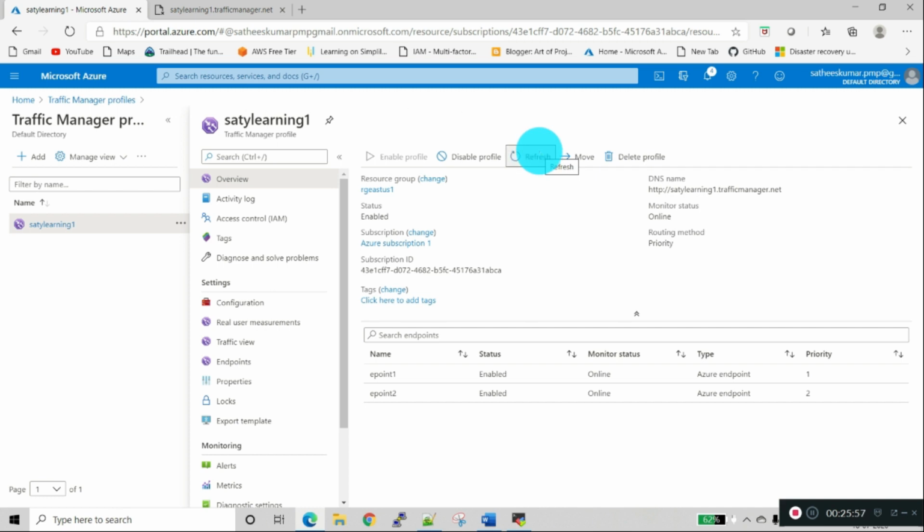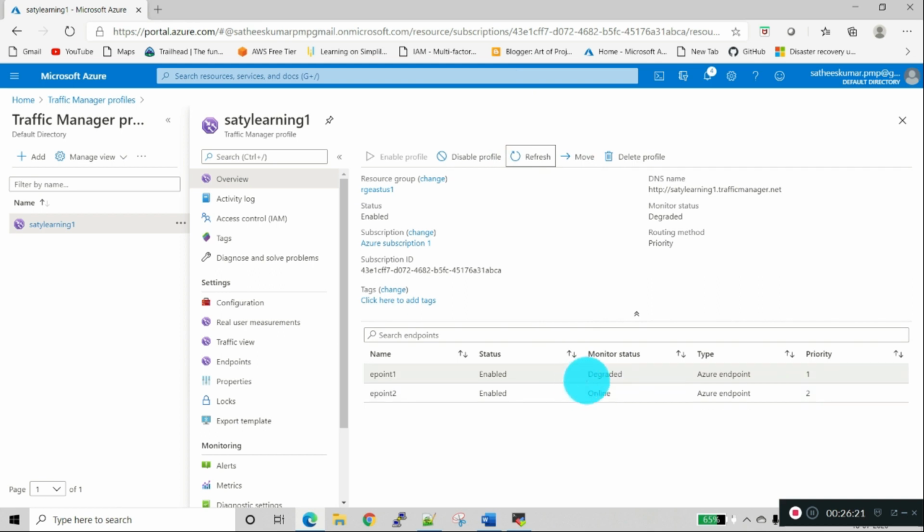So now I will pause the video. Let's wait a few minutes for the traffic manager to route the traffic from web server 1 to web server 2. Now you refresh the traffic manager.